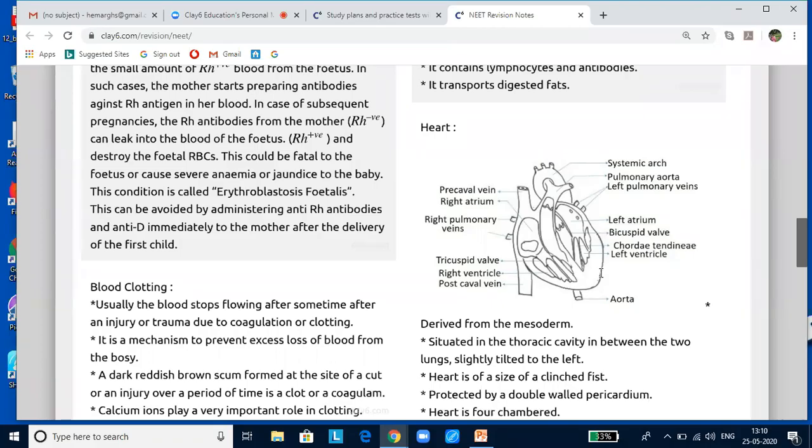Now, I have given you a gross description of the heart. It has two major veins. One is called the precaval or superior vena cava, and the other the postcaval or inferior vena cava, which open into the right atrium. Now let us look into each of the parts. The right auricle receives deoxygenated blood from the superior vena cava and inferior vena cava. The right auricle opens into the right ventricle through the auriculoventricular aperture, which is guarded by the tricuspid valve. The tricuspid valve regulates unidirectional flow of blood from the right atrium to the right ventricle.